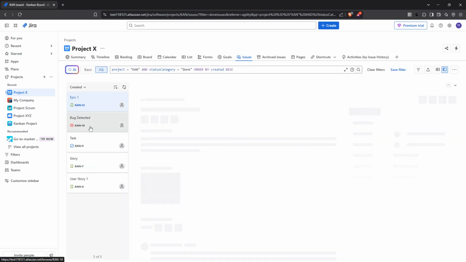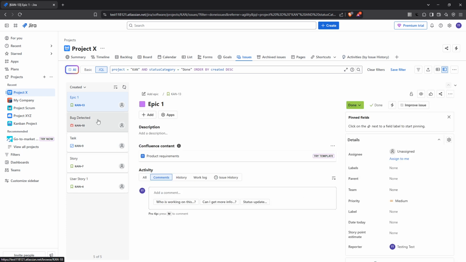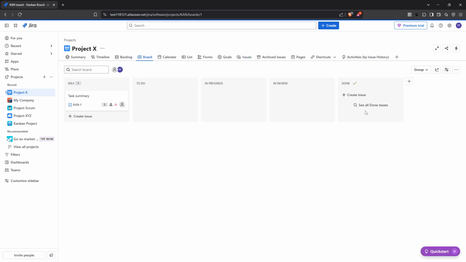And there you have it, a clean and efficient done column. Maintaining a routine check and clearing your done tasks ensures that your board remains an effective tool for managing ongoing projects. By keeping your workspace organized, you facilitate a smoother workflow for yourself and anyone else who collaborates on your Jira